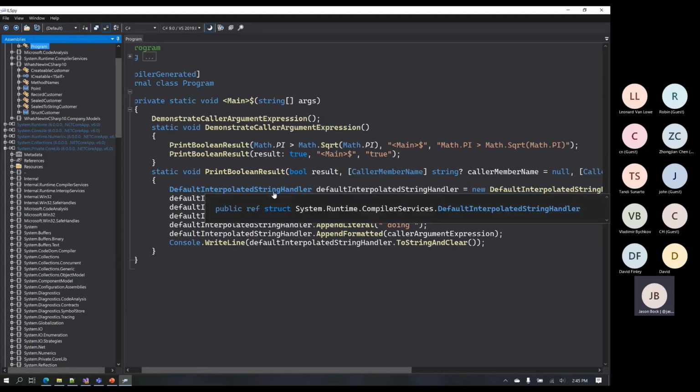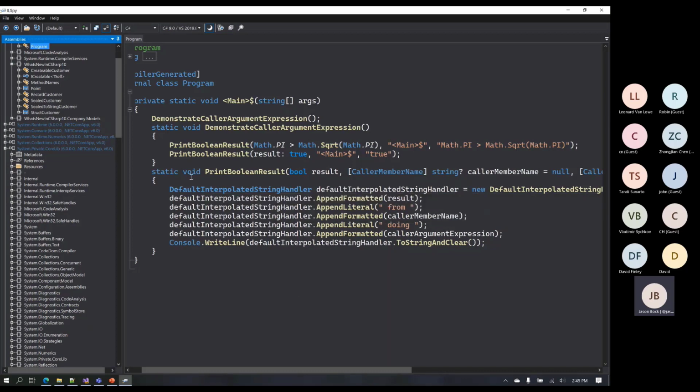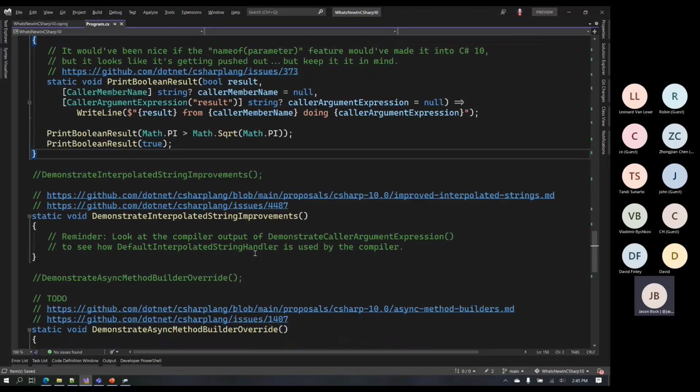Most people, this is why I'm bringing this feature up in the first place, it's just good to know that this is not what's happening underneath the hood. Why this is important is because there's an article from the C# team talking about this one feature in specific and how it's making allocations and performance better. This is one of those times where you don't change what you did with interpolated strings, but with the new compiler, you suddenly get some performance benefits because of how they're doing things under the covers. So that's a nice thing to have.